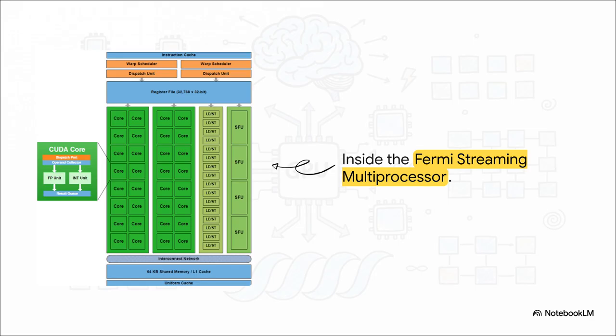Because it enables zero overhead context switching. If one warp stalls out, maybe it's waiting for memory to load, the scheduler can instantly swap in another warp because all of its data is already sitting directly in those massive registers. No saving states, no restoring, no waiting. Just